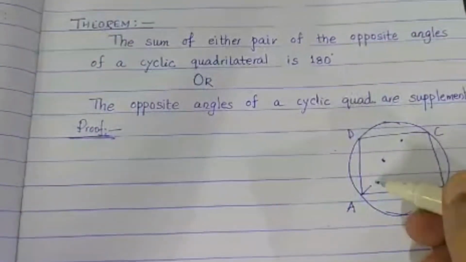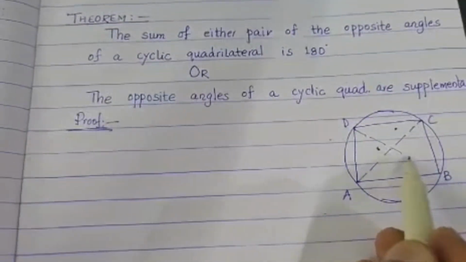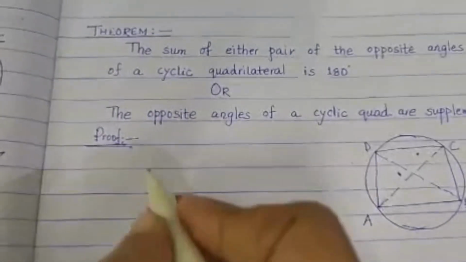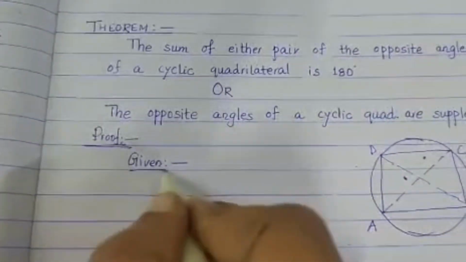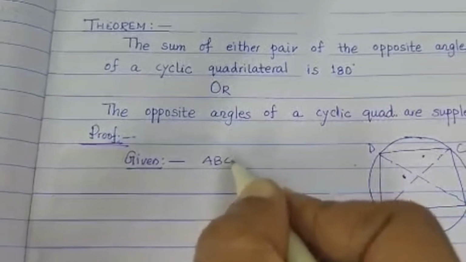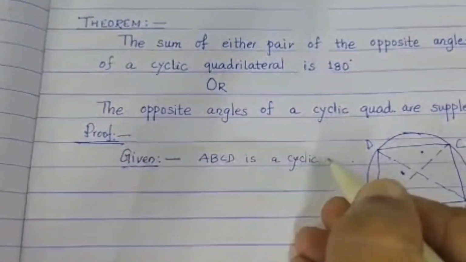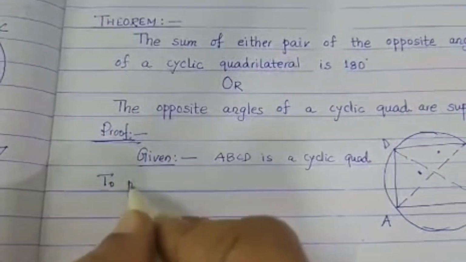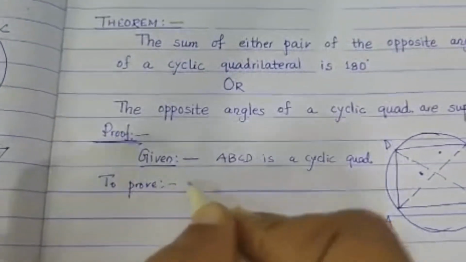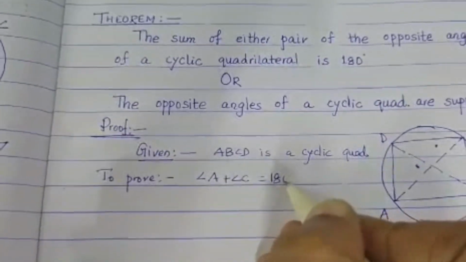First of all, we will join AC and BD like this. So what are the given things? Given: ABCD is a cyclic quadrilateral. And we need to prove